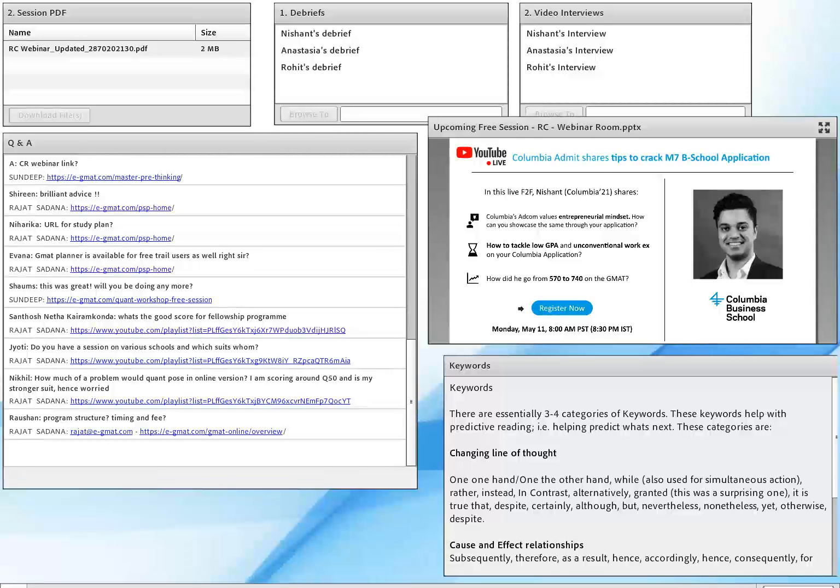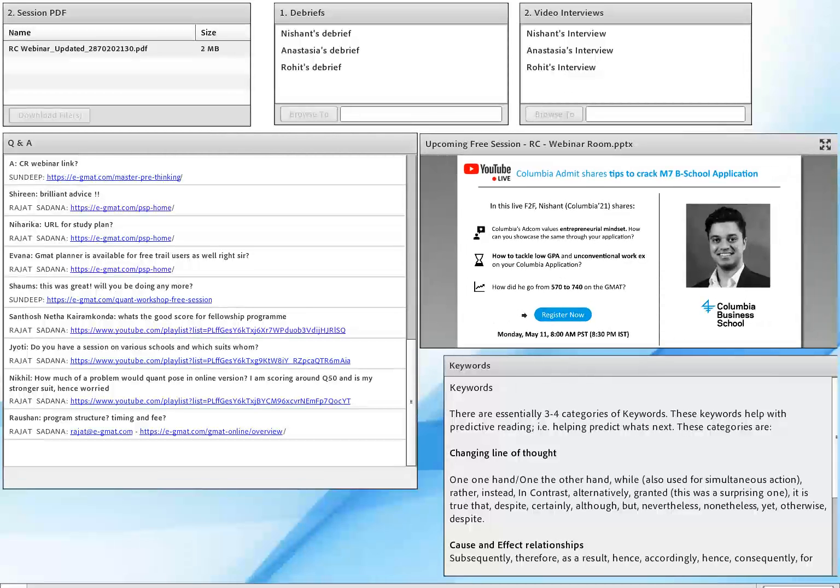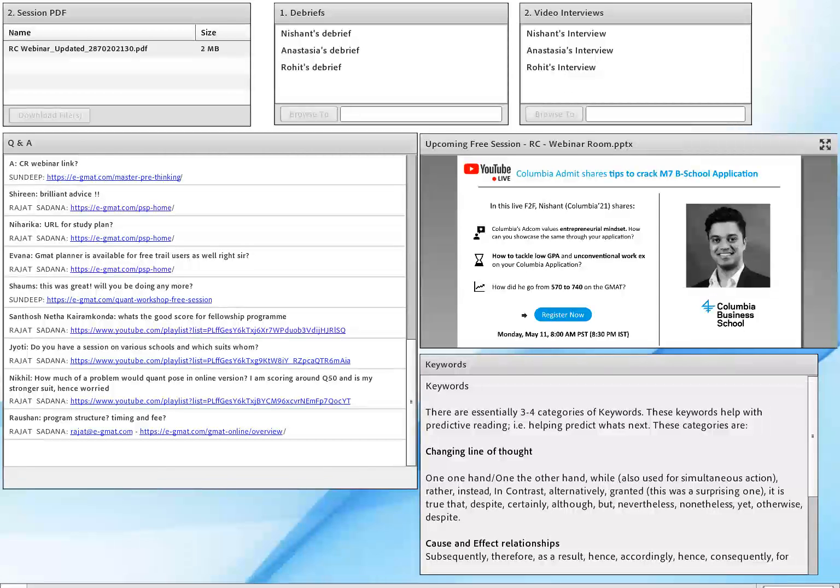What would be a good score for a fresher to get into a decent B school? I actually don't advise that a fresher should get into a B school, so I will not entertain that question either. If you're a fresher, you want to get into a B school, you probably are looking at Indian B schools, the IIMs and all. Trust me, I've seen so many people do a second MBA just because they did their first MBA as a fresher, and they realize that they've wasted the opportunity.